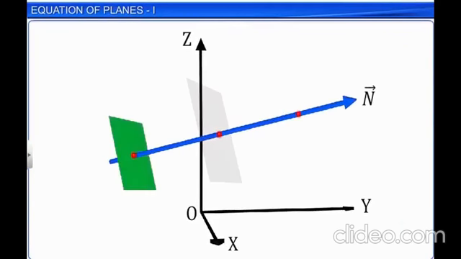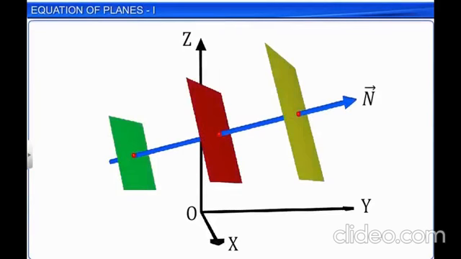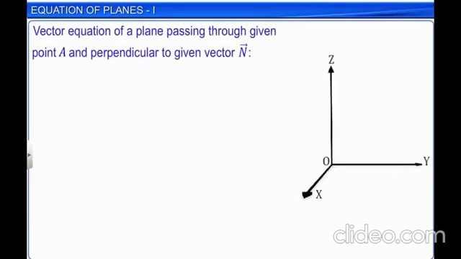There is an infinite number of planes perpendicular to a given vector n in space. However, only one unique plane perpendicular to vector n can pass through a given point A. Let us find the vector equation of a plane passing through a given point A and perpendicular to a given